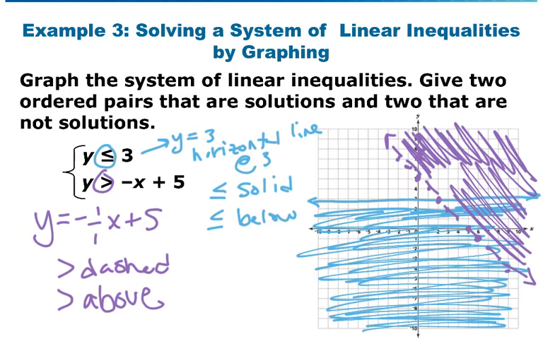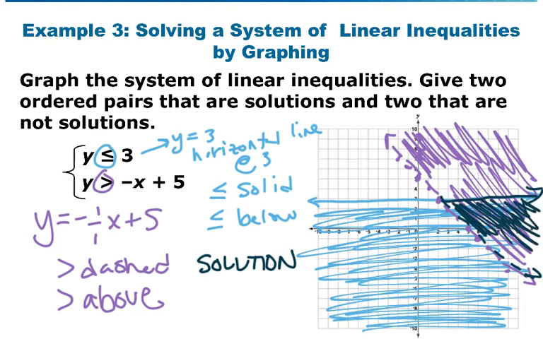So then you're looking for the solution, and the solution is actually where these two meet. And so the solution set is this black part over here. Alright, so then they want 2 ordered pairs that are solutions and 2 that are not. So very easily you can say, I guess I'll use red for not. So over here I can definitely say this point right here,